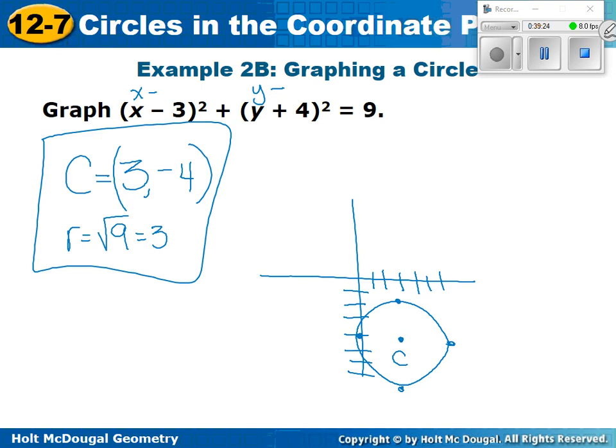All right, we're not going to do the one on the back, and that's the end of 12.7 and the end of chapter 12, except for the